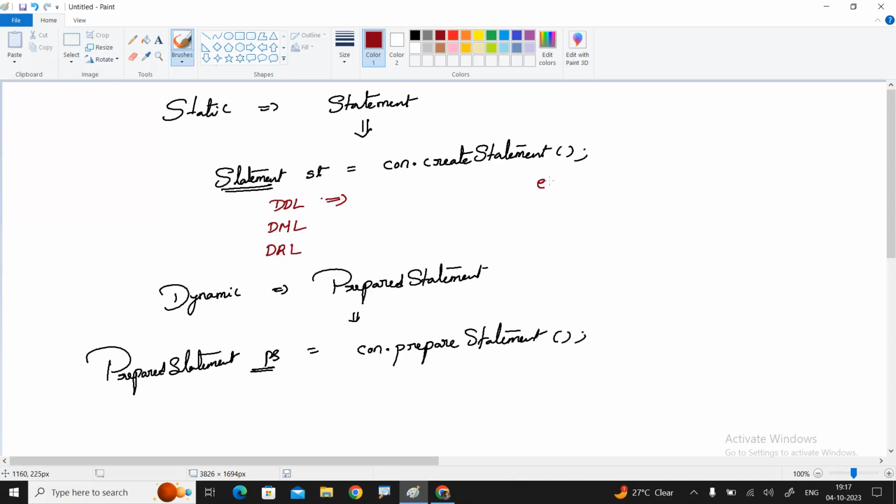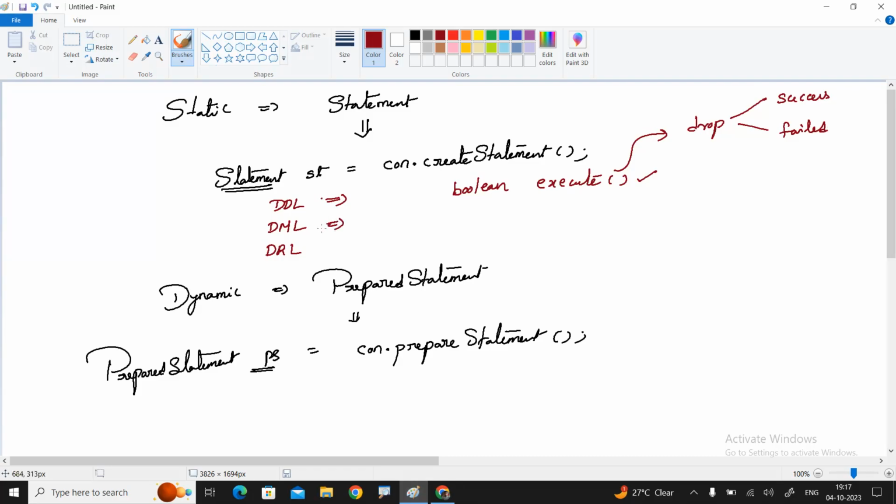DDL command means the execute method. Return type is boolean, because if you drop the table, it was either successfully deleted or failed, so it returns true or false.